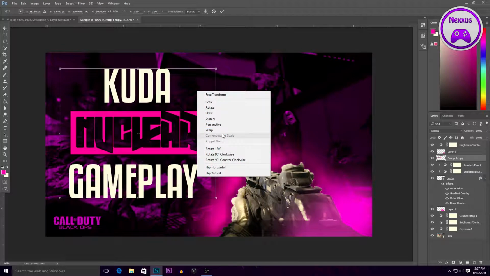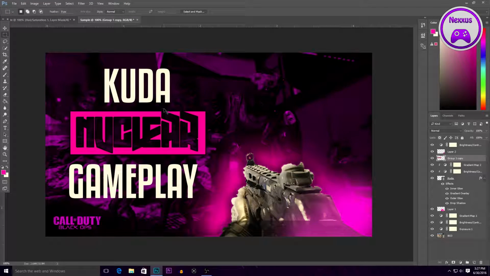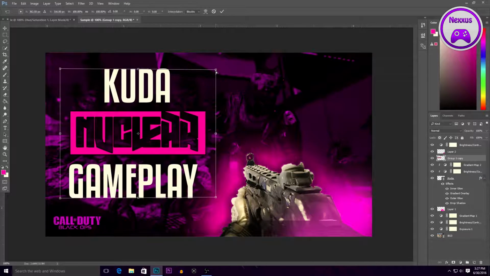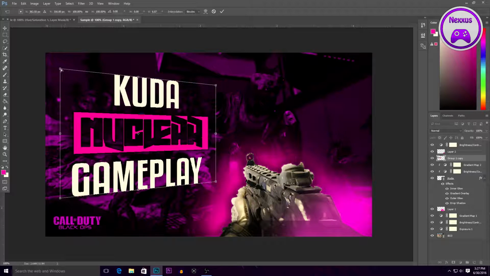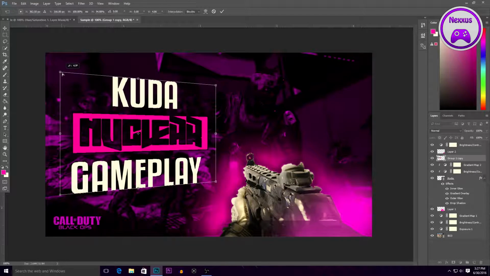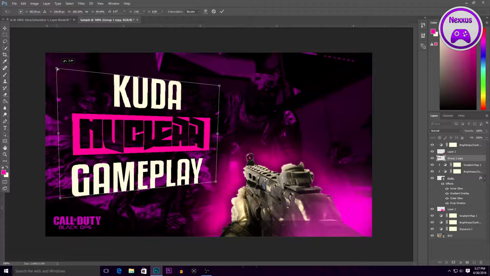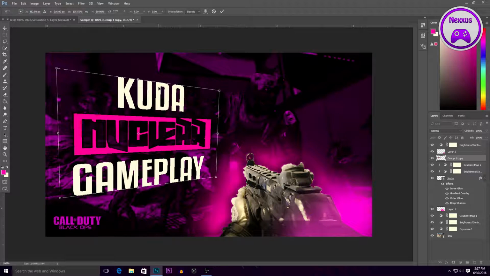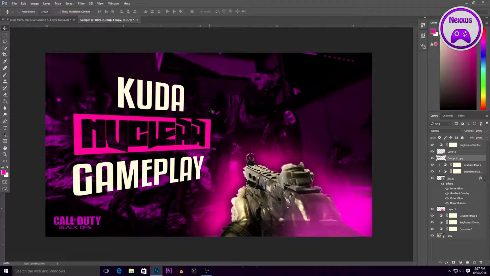and then right click, go to perspective. Oh, we went to warp. Control T, right click, go to perspective, and then go ahead and edit this a little bit. If you drag it down, it kind of gives it this three-dimensional tone, and then if you drag it different directions, it kind of changes what it looks like. I like how this one looks, maybe a little deeper. That looks good. So we're going to apply that, and the next thing we're going to do is actually create